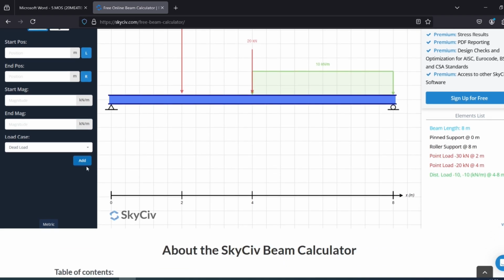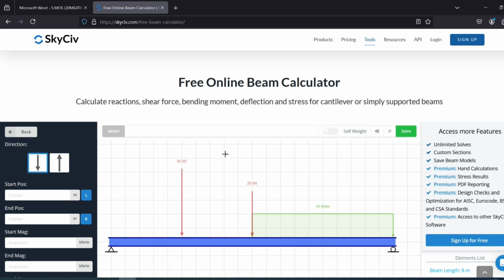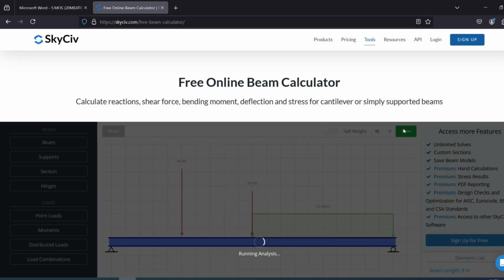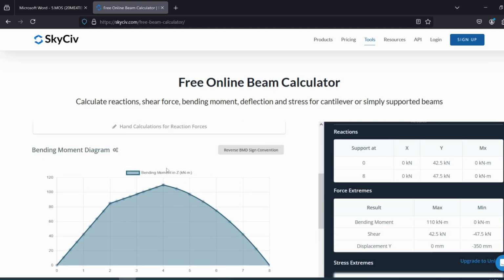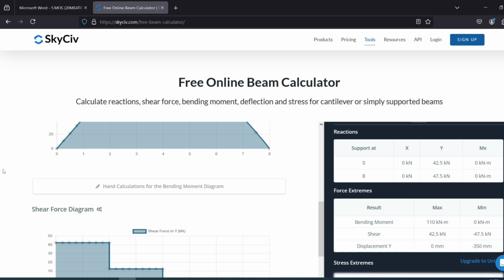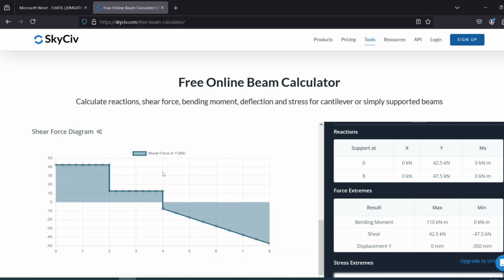So this is the scenario. As you can see, the bending diagram has a bending moment of approximately 110. You can see here